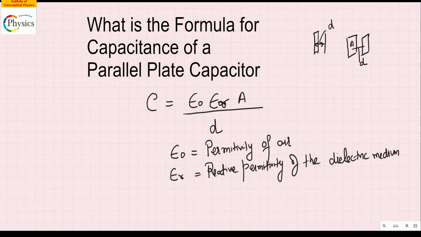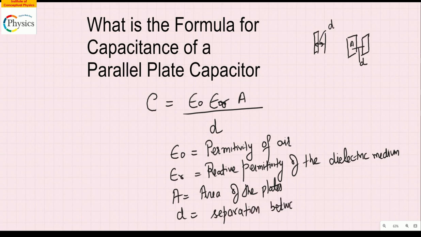They have values. A is the area of the plates. What is D? Separation between the plates. Now, it is very important that you understand, and the next question will deal with the